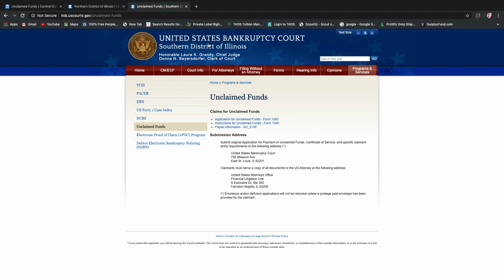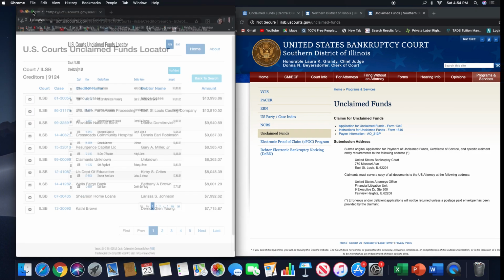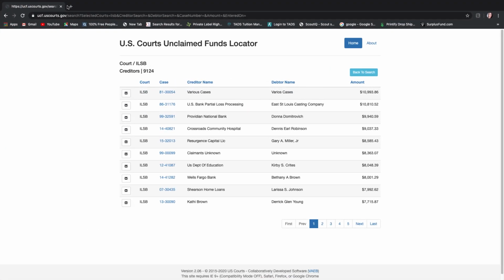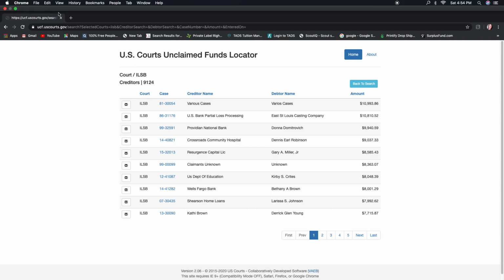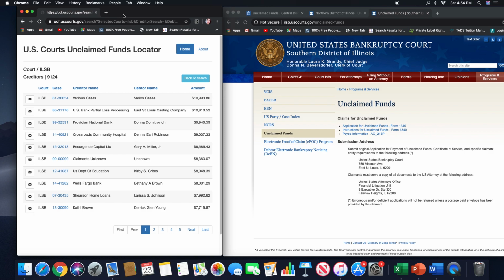So here you have the state of Illinois, 3 districts. They have a pretty good number of unclaimed funds available. It looks like the Northern District has the most, being that Chicago is there. And then the Southern District is like the second with the amount of claims that they have. And then the Central one is the one with the least. All right, so this is a state that you could work if you're in this area. I hope that you would try.